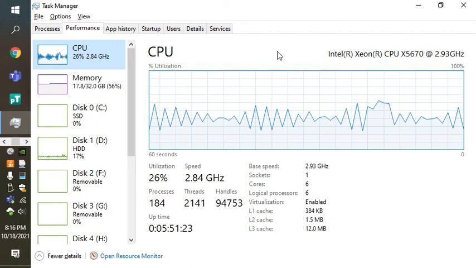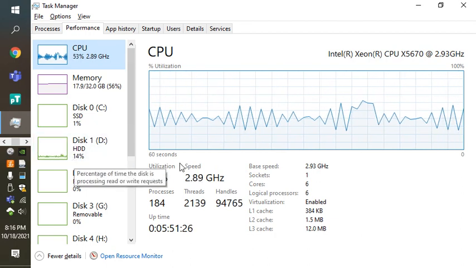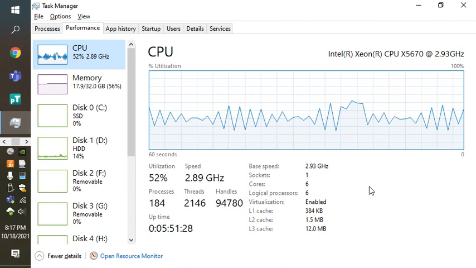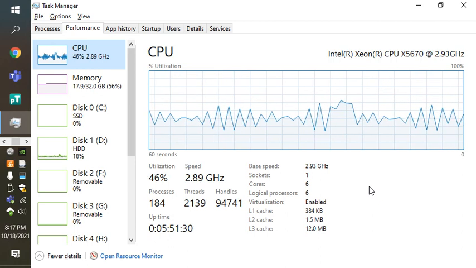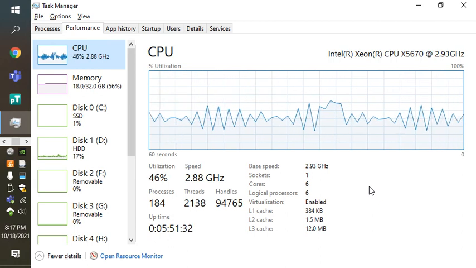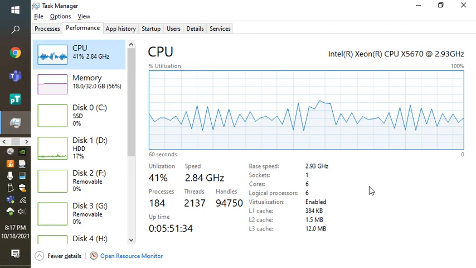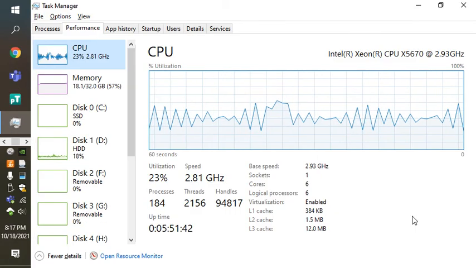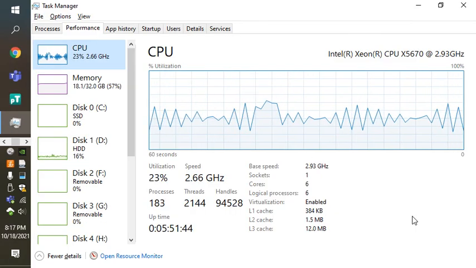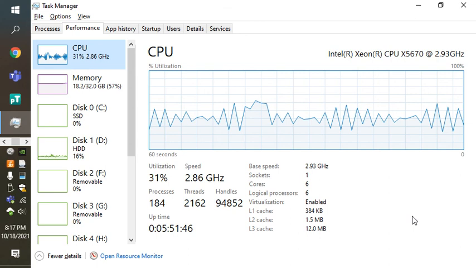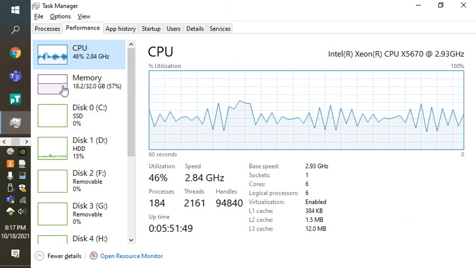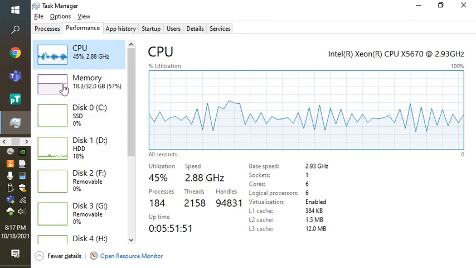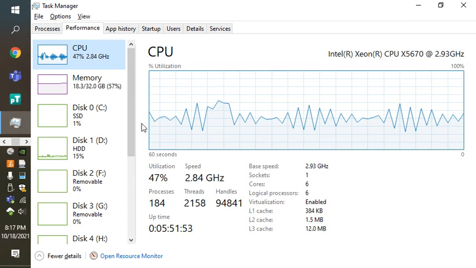Still reading. I can see that little line creeping across on disk D. Unless it's fooled me. It's possible. No, it's still reading file 5. That must be a large one. We see memory ticking upwards a little bit. I don't remember seeing this higher than 18.3 gigabytes so far, so